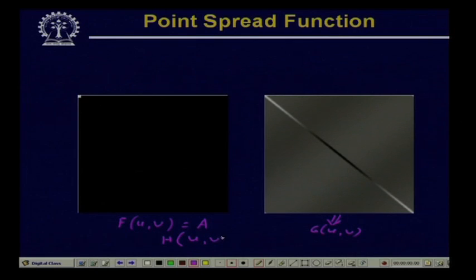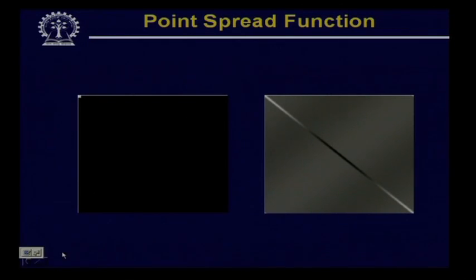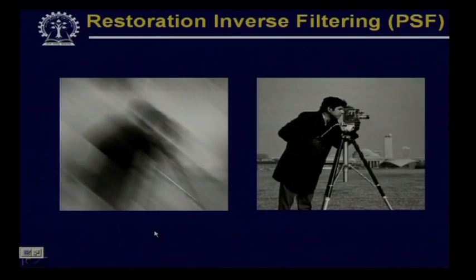Now, from these two I can recompute h(u,v), which is given by g(u,v) divided by this constant term a. Obviously, the value of the constant is the same as the intensity of this impulse. So, if I take a unit impulse, then the value of the constant a will be equal to 1, and in that case the Fourier transform of the point spread function directly gives me the degradation function h(u,v). Now, if I perform the inverse filtering using this recomputed degradation function, then we find that the reconstruction result is